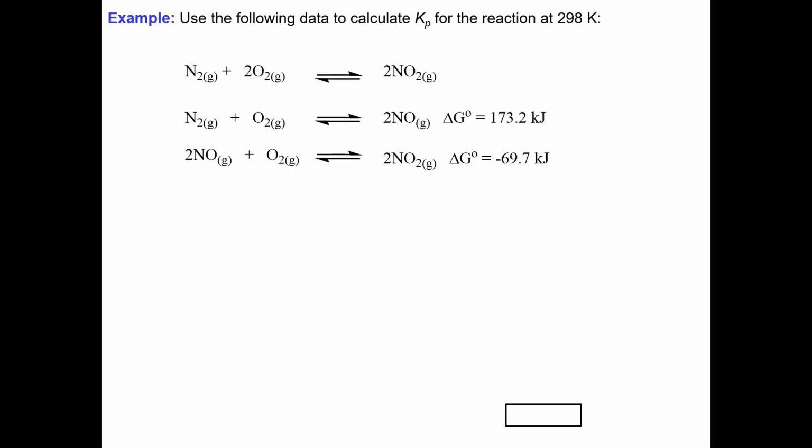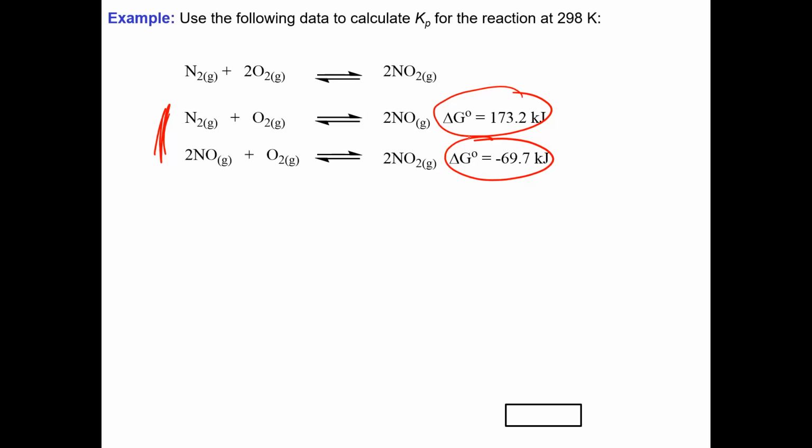So let's have a look at an example problem. It says use the following data to calculate Kp for this reaction at 298 K. So the K we're trying to calculate is N2 combining with O2 to make NO2. And these are the two reactions that we have. And for each reaction, we have the associated